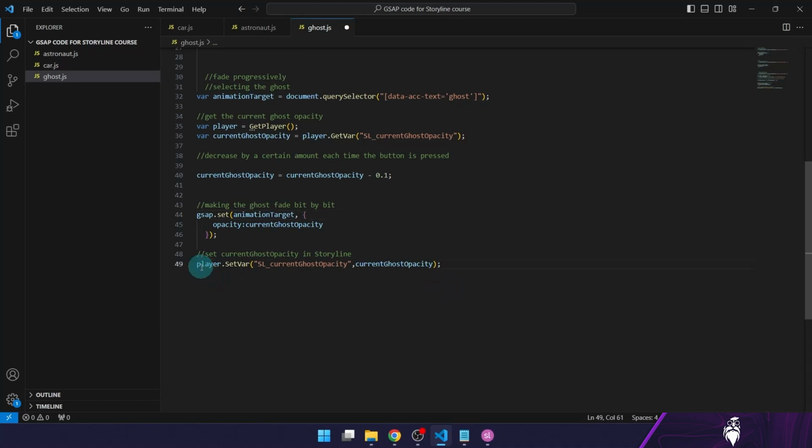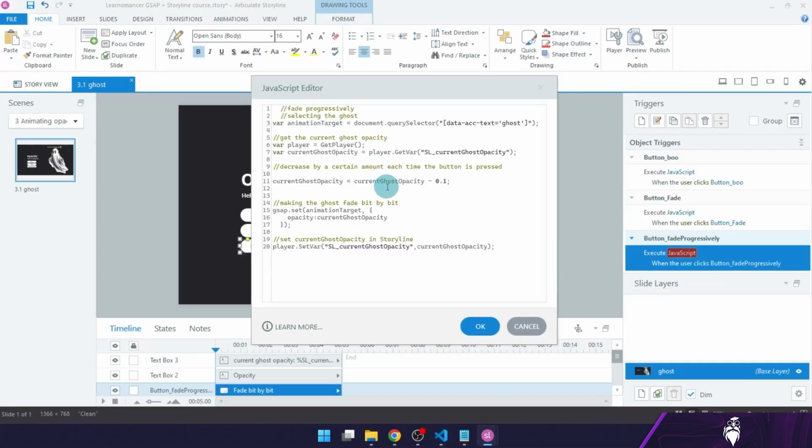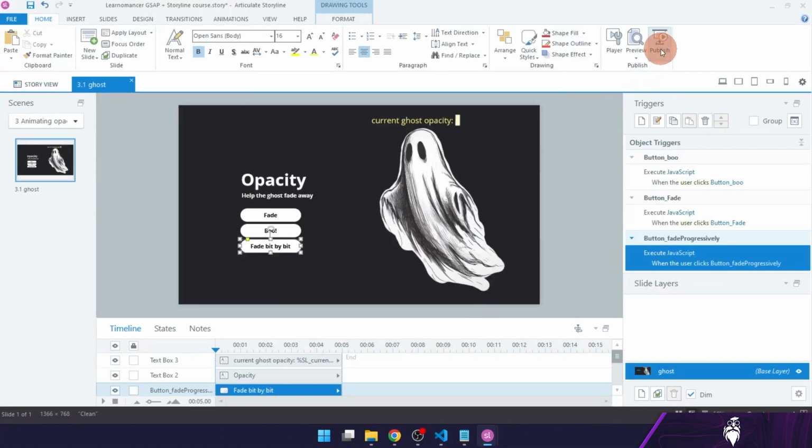Then we are setting the variable back into storyline. We are setting the variable so we know what value the opacity is currently on, and so we can have it as a reference for the next time the button is pressed and we have to run the code. If we were to set it here, the opacity will always be 1 if we don't do this. So each time the code is run, the first time it will work and the next time it will not work. So we're going to copy this code to the JavaScript trigger, publish,